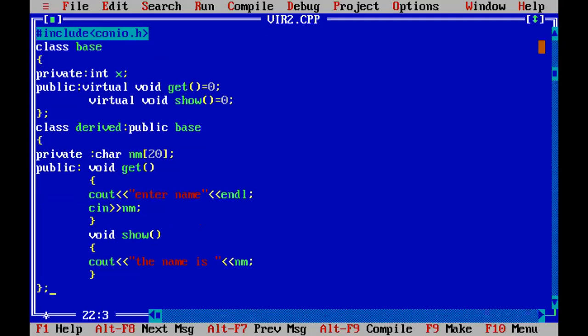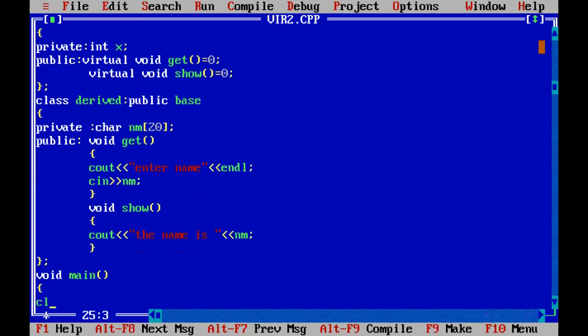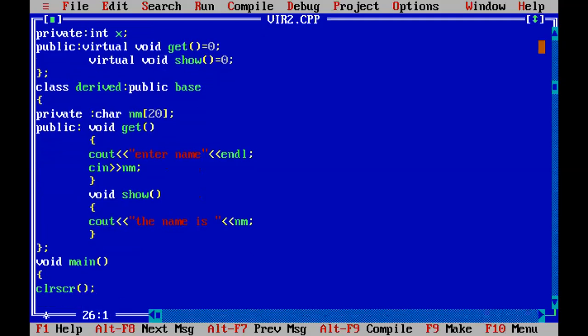Now this class is also finished. Now we have to create the main part, void main, and in this again we have to create a pointer of the base class. So the pointer is ptr, which I am creating.